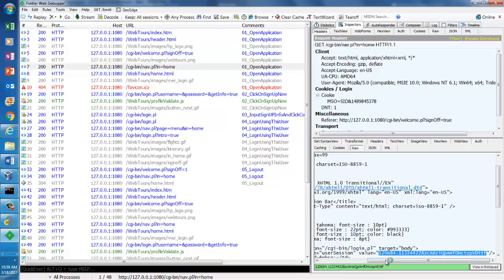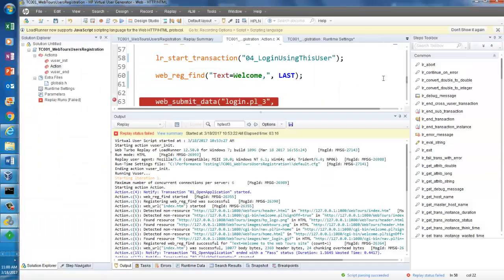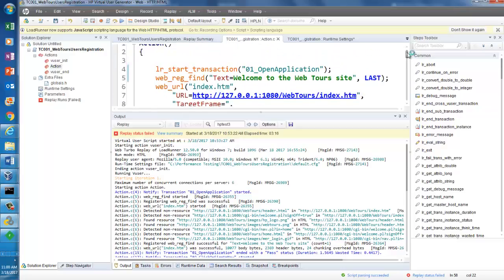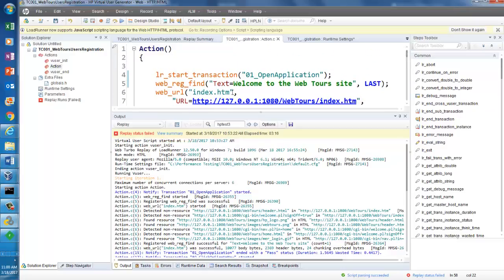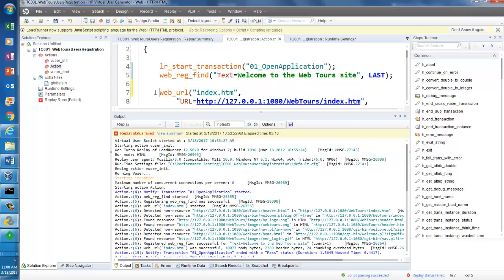Now where are we getting it? In the open application. What is the left boundary here? Value equal to, so before the value, this is the left boundary. What is the right boundary? Double quotation. Now go to your opening application. That is where you are opening the application, right? You come before that opening application, right click and